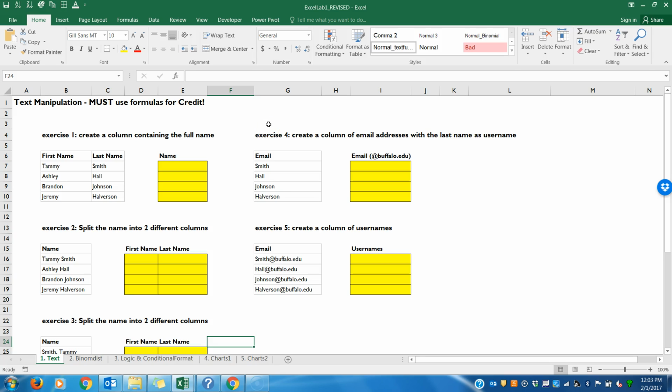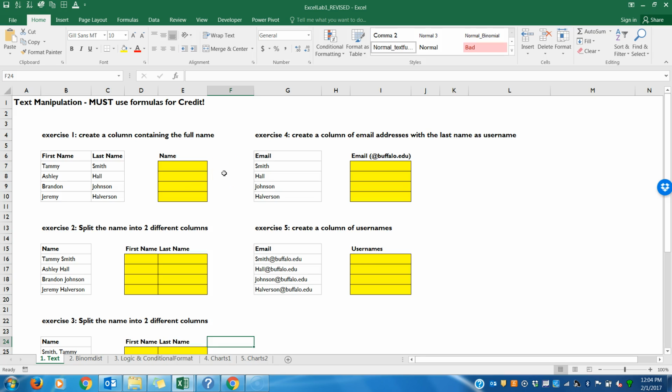If you're not, please go back to eAssign, download the new revised file, and that's the one you'll want to upload to eAssign as well. And again, your best bet is to use a PC for these assignments. I understand that some of you have a Mac and it may work for all of the labs and it may have some glitches. But the one thing I can guarantee you is if you have a PC, it should